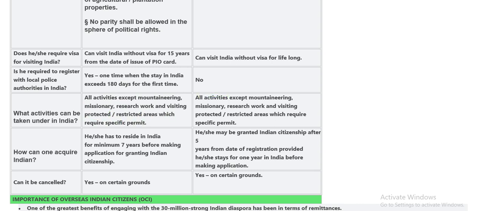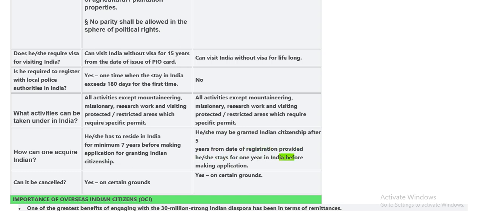All activities except mountaineering, missionary, research work and visiting protected, restricted areas which require a specific permit. How can one acquire Indian citizenship? He or she has to reside in India for a minimum of 7 years before making application